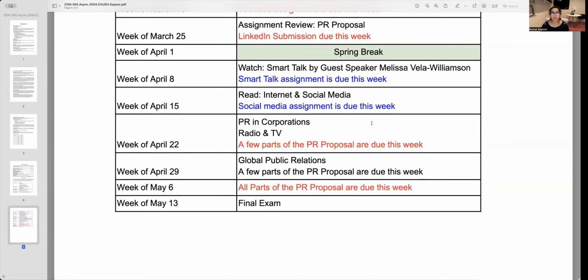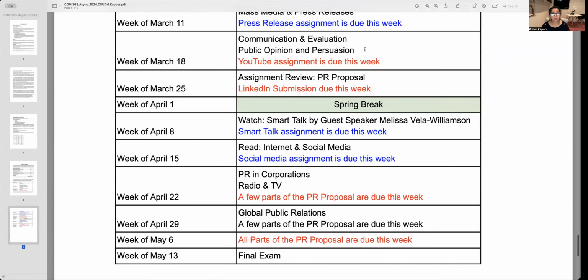And then you're going to have shorter deliverables due as part of that larger PR project on week of April 22nd, and then even week of April 29th, and then on May 6th, all of it is due. And then the last week, which is the week of May 13th, would be your final exam. So that's kind of like the overall look and feel of what the schedule looks like.